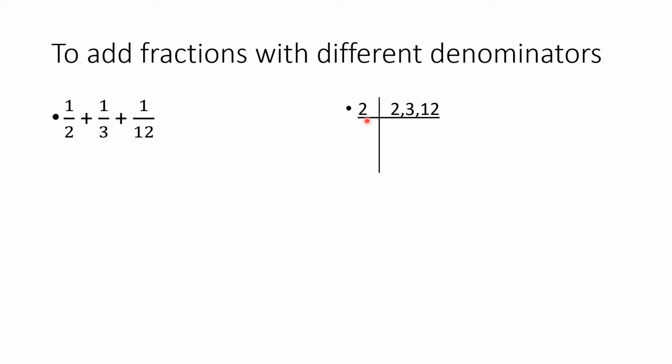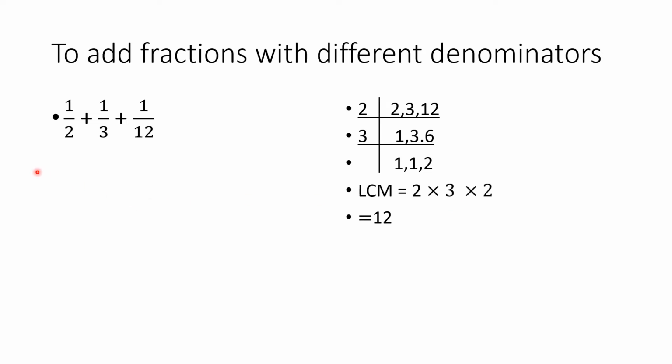So at first, we will take the smallest prime number 2. So we will write 2 here. 2 ones are 2, 3 as it is, 2 sixes are 12. Now we will divide by 3. 3 ones are 3, 1 as it is, 3 ones are 3 and 3 twos are 6. Now there is no common divisor, so we will stop here and we will find the product of the common divisor and remaining numbers, which is the LCM, which equals 2 multiplied by 3 multiplied by 2. It means equals 12.